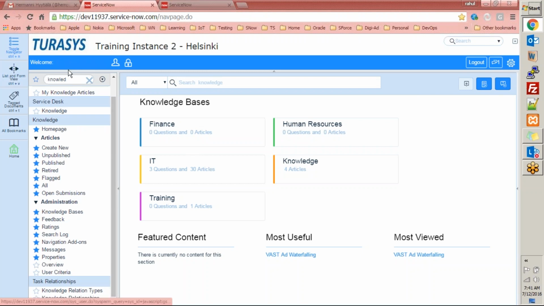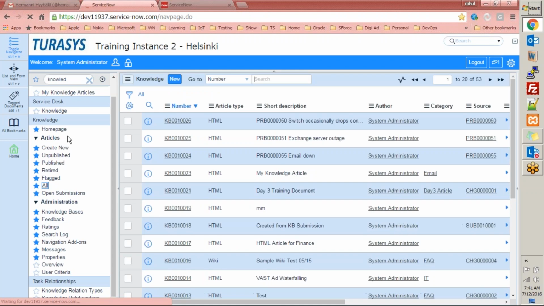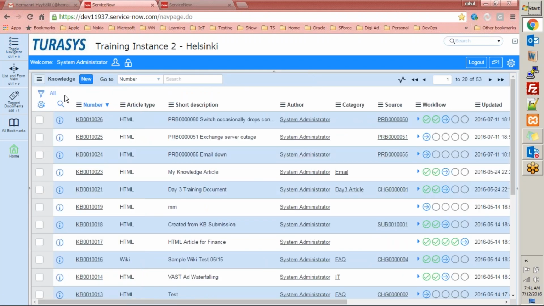Now, when you navigate to the knowledge application, you will have this knowledge management application here, and within it we already saw this home page. Let's go into the articles, and if you have to create a new article, you will use this module. But before you create a new article, let's go into the all articles module. You will see all of the records that have been created in the knowledge application. Right now, there are 53 records created in this knowledge table,